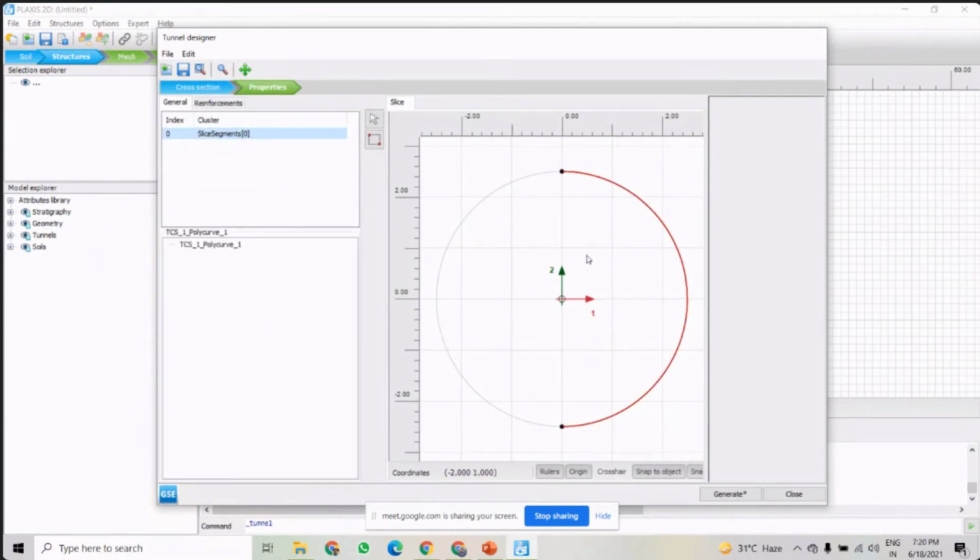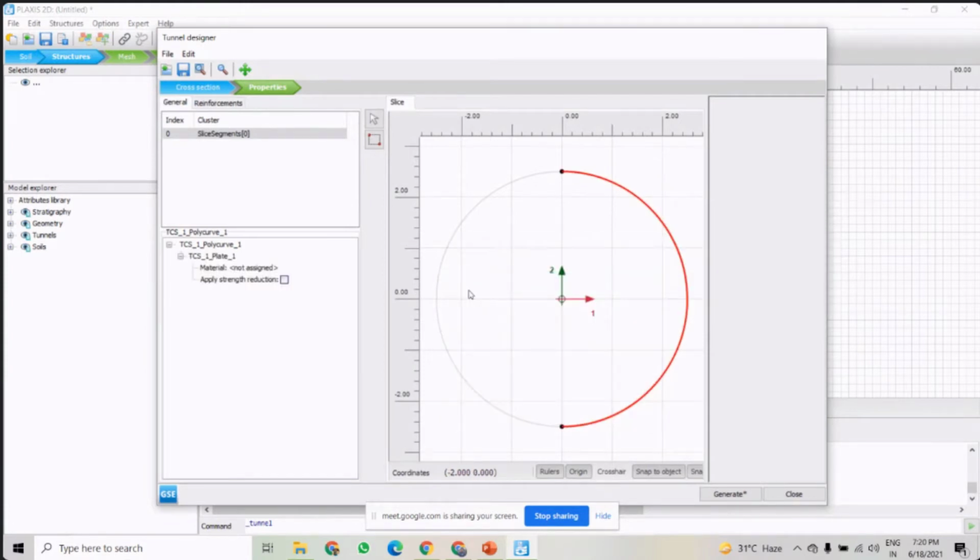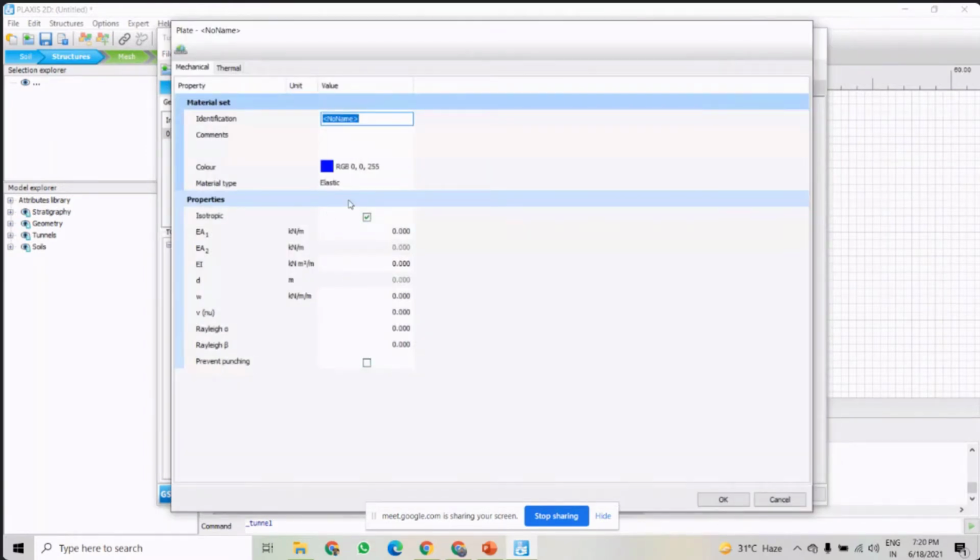This property is showing here. So I will first go to the properties, then right click over here, create, and create plate, right? Now this area is known as a plate, and we have to give the material properties to this plate also. I give the name lining, because we are providing the lining in this case.